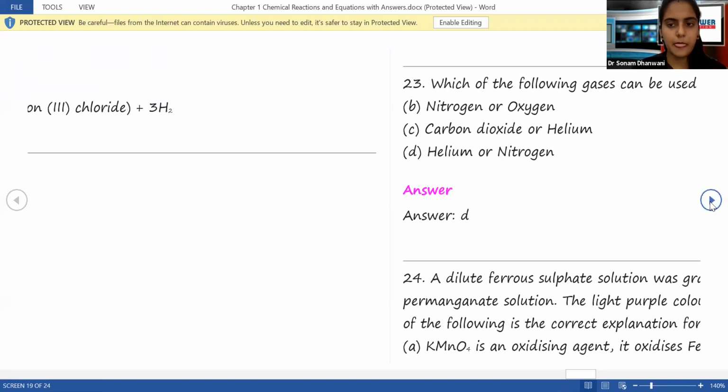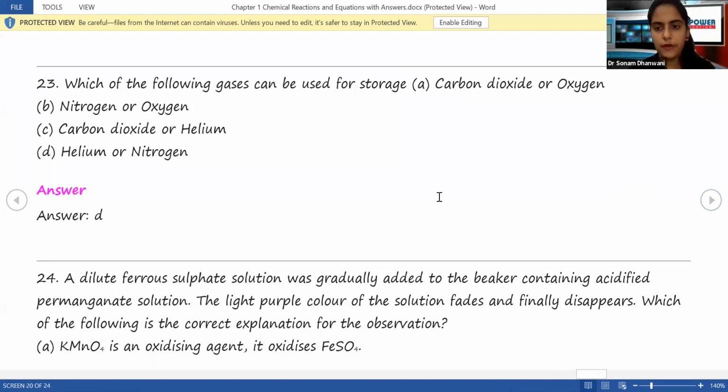Okay? Yes. Which of the following gases can be used for storage? CO2 or oxygen, nitrogen or oxygen, CO2 or helium or nitrogen. Now, storage. Otherwise you will not understand. Two classic examples when you're talking about gas and storage. These examples should by default come into your head. First one is balloon. We fill air into the balloon. Balloon stores air, correct? So that is which gas? That is helium gas. The second storage is